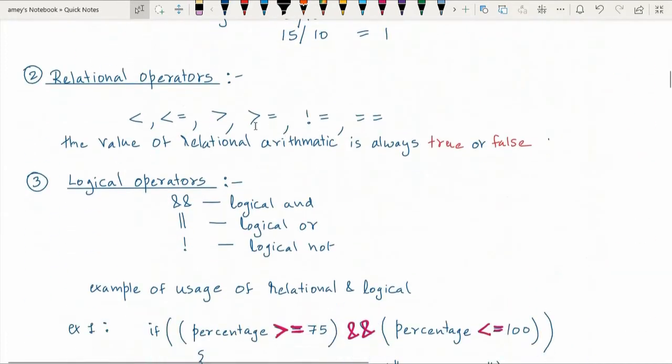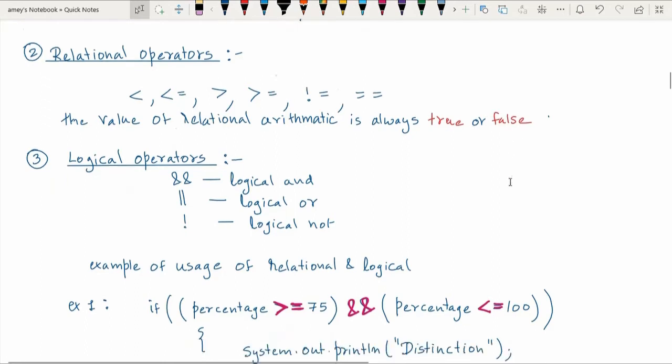Let us go to the next type of operators, which are relational operators. Now remember, as I have told you, these relational operators we are going to use when we write programs using if-else statements, that is branching statements, or using loops. At that time we'll be using these operators. But one thing you all have to remember is that whenever these operators are applied to an expression, the answer of this relational operation is always either true or false. Now in Java, true and false are the distinct values of type Boolean, as we already know, correct?